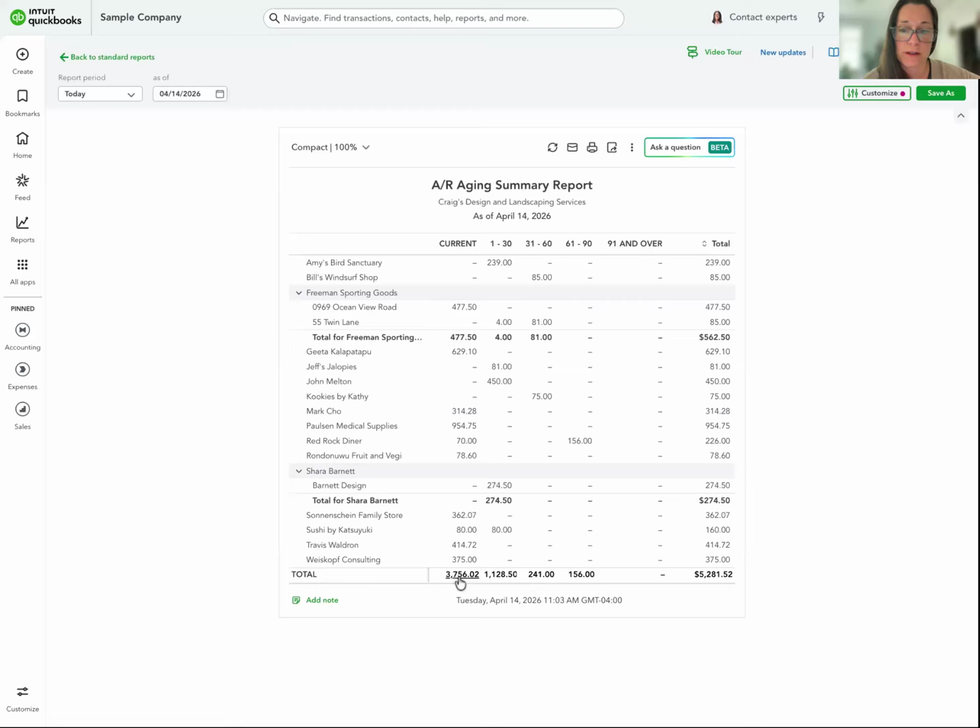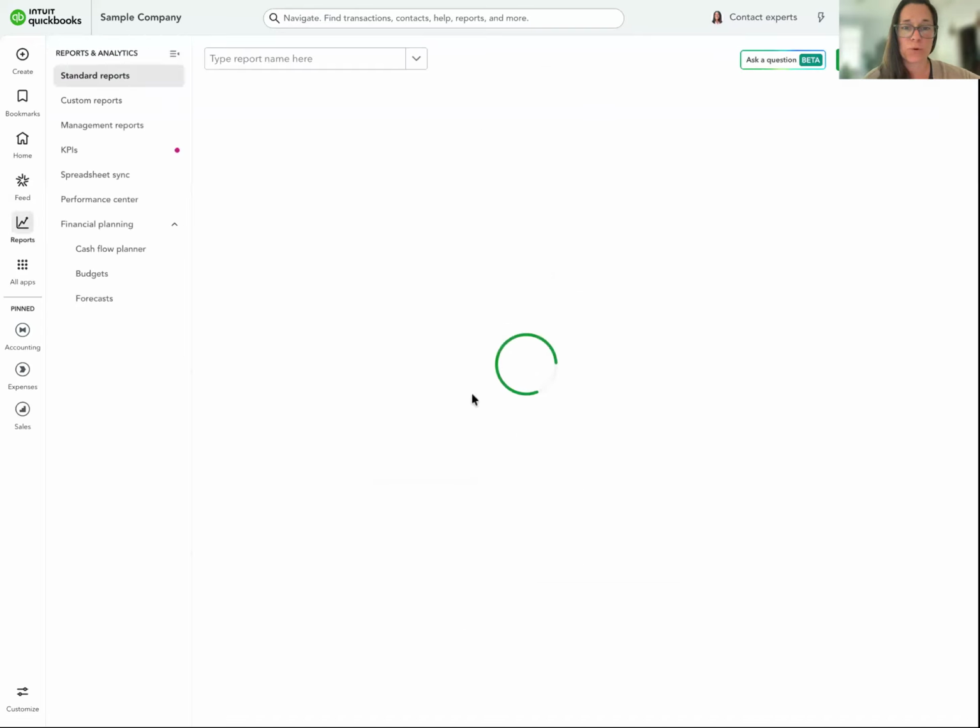Honestly, this doesn't look too bad. It looks like most of them are current, right? Most of his invoices are current. All right, go ahead and explore